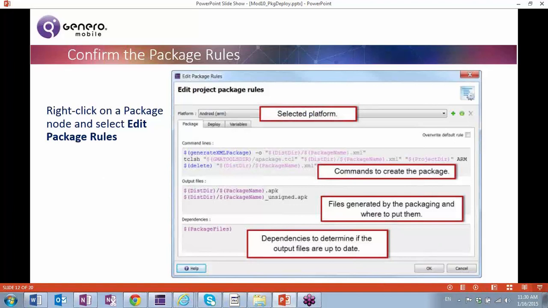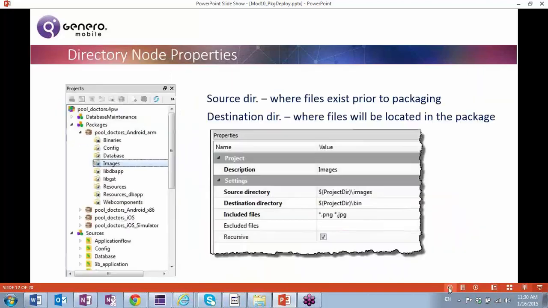Let me show you one more thing before I move on. Notice that in addition to the included files, there's an excluded files. So when you actually do your lab this afternoon, you may end up using the excluded files property in one of your directory nodes, because whenever you have additional applications built into your project, you've got additional runnables being created for those. For example,